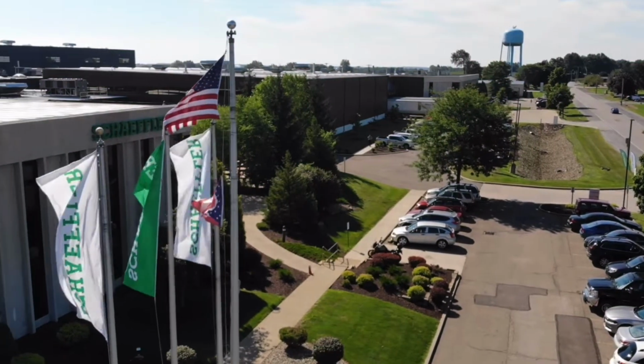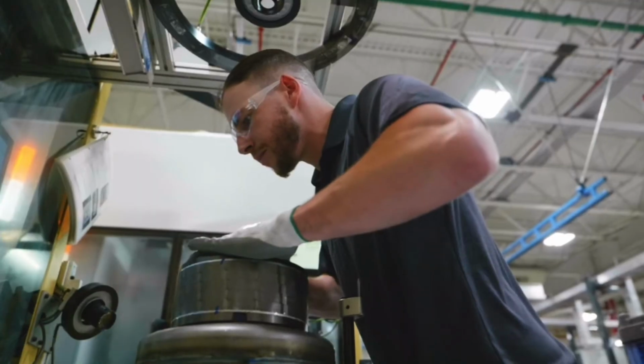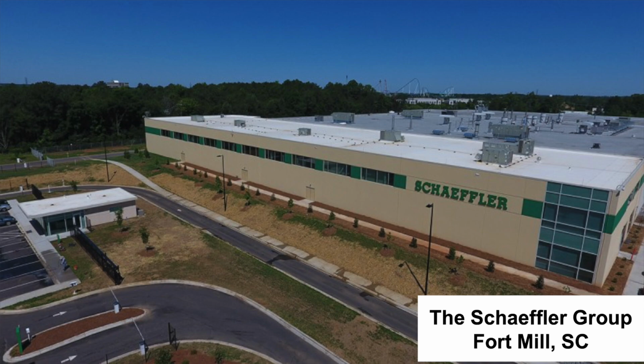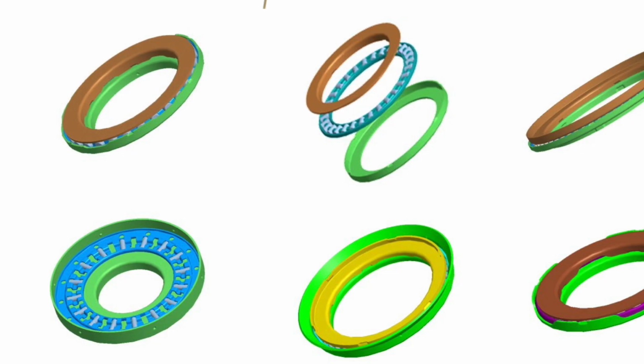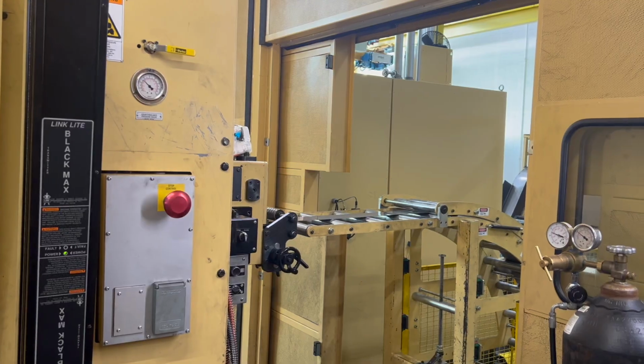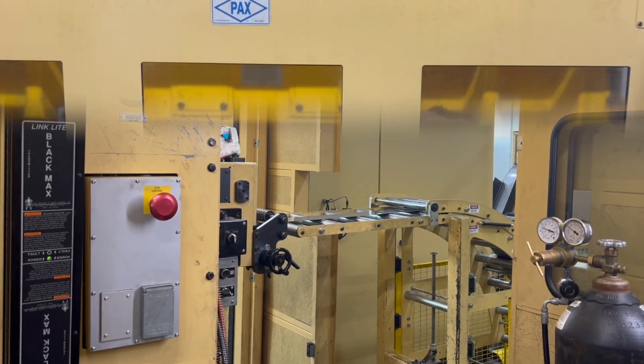The Schaeffler Group is a global automotive industrial supplier who craft high-precision components for engines, transmissions, and chassis. Their Fort Mill 1 plant specializes in the manufacturing of needle thrust bearings, which are used in both consumer and industrial products. The first step of this manufacturing process is to stamp the upper and lower flanges of the bearings